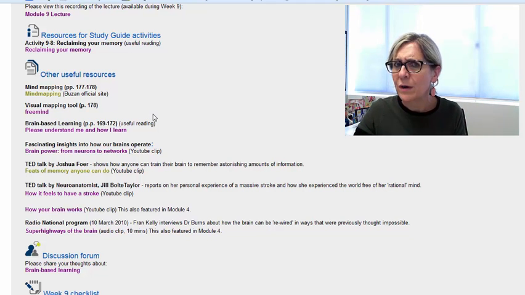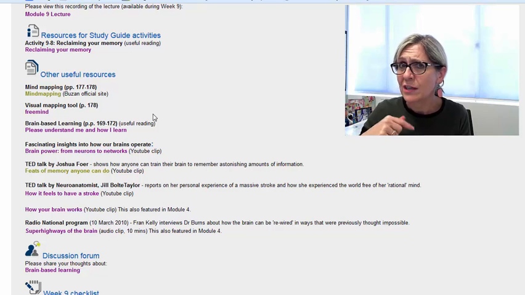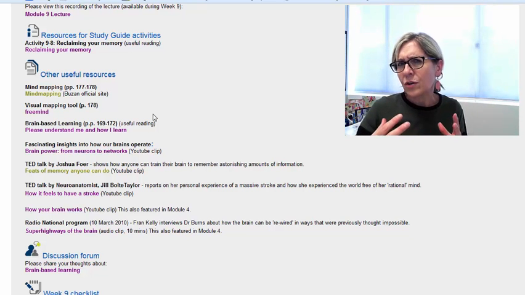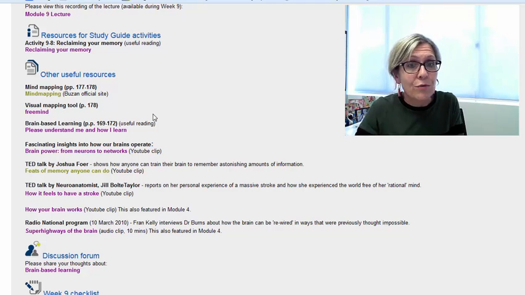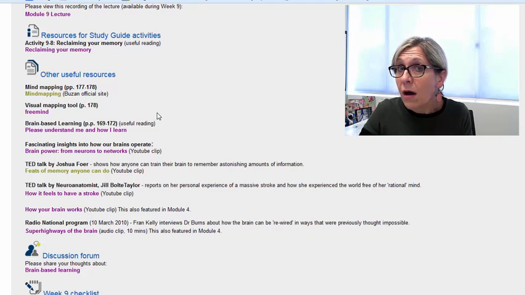We look at different ways of taking notes, and again this ties in with what we did earlier in the course. But there are ways of organising information, there are ways of creating patterns in your notes which might help your brain remember things. We look at mind maps, which you may have heard of, which is a very particular type of mapping, of recording your ideas, your notes.